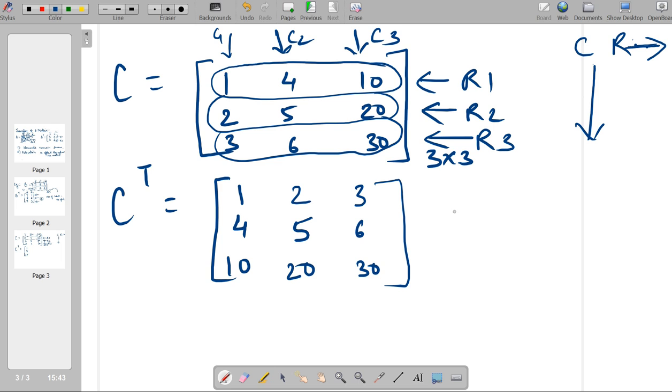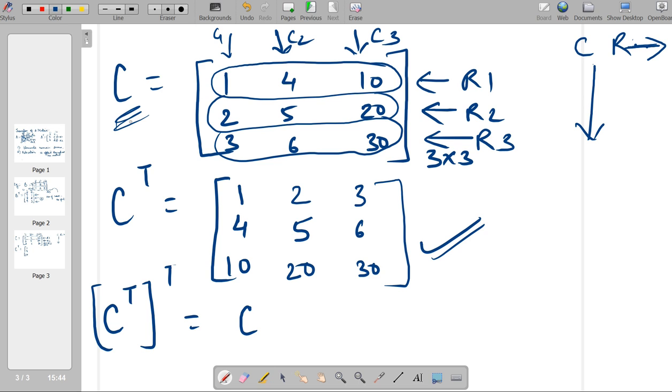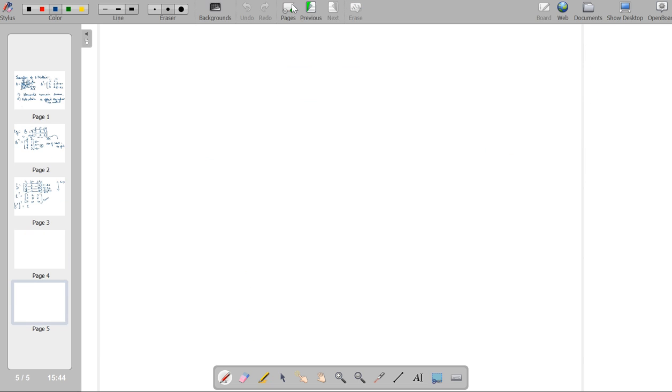Now if you take out the transpose of any transposed matrix, you will always get the original matrix. Means this is the transposed matrix of this original matrix. This is the transposed one. Now if you again get the transpose of this obtained matrix, you will land on to the original matrix. If you want to see, you can see that